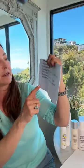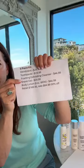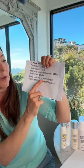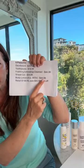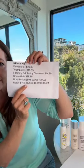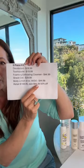And then if you want to add the 5-piece, you're going to go to the shave gel, which we normally charge $29.99 for, and the body lotion, which is normally $44.99. The retail value of the 5-piece kit is $169.95. You get it today, you get that home for $84.99. It's 50% off. 5 pieces for $85. Guys, these would be like high-end pieces that you would find